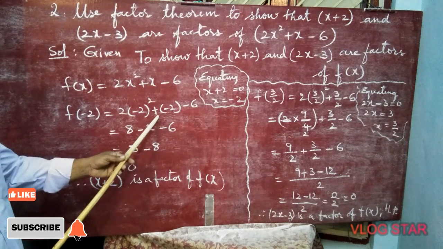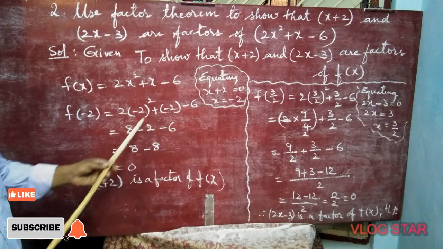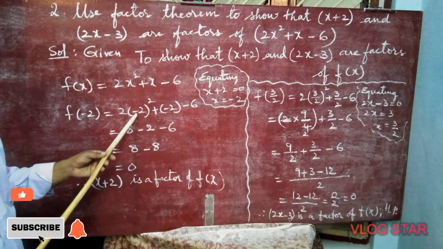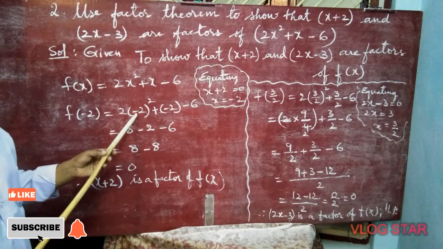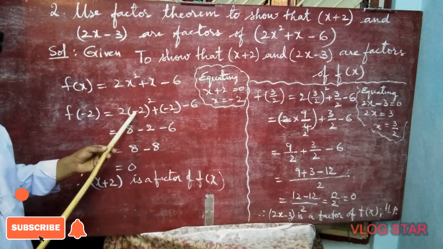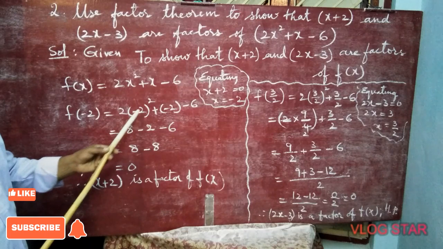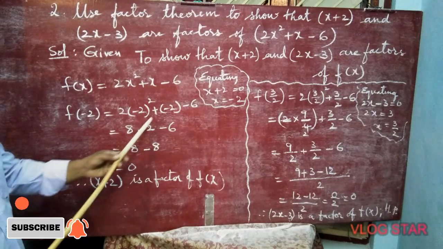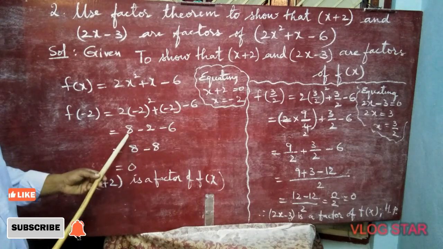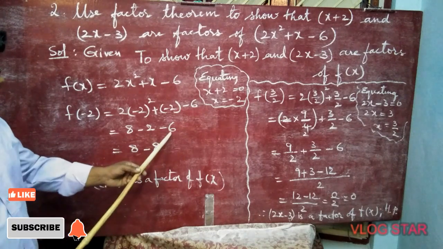Minus is there, you have to keep brackets compulsorily. So now here minus into minus becomes plus. Be careful with negative numbers. Integers, with negative integers you have to be careful. Minus into minus plus, 2 2s are 4. 4 2s are 8. Plus into minus, minus 2, minus 6. 8, minus 2, minus 6.